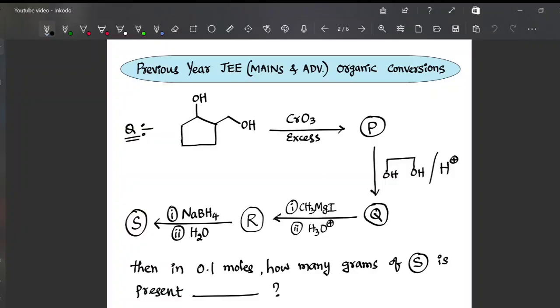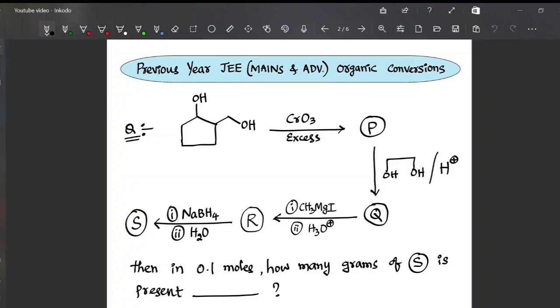We know that primary alcohol gets oxidized to aldehydes and secondary alcohol gets oxidized to ketones, and then that gives a product P, and then that further reacts with ethylene glycol, which is actually used for protection of functional groups, especially the carbonyl compounds, either aldehydes or ketones. So in the product P, we can see both the aldehydic group and the ketonic group. So that is going to protect the aldehyde group, since we know that aldehydes undergo nucleophilic addition reaction with more rate